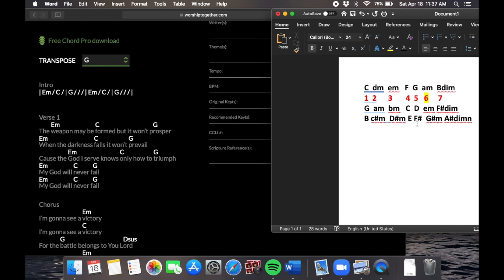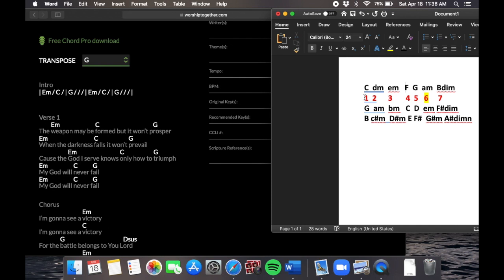It's climbing up, so you know that's 5. Moves up, so you know that's a 6. And then it goes back down, so you know it's a 5. And then of course, 1,